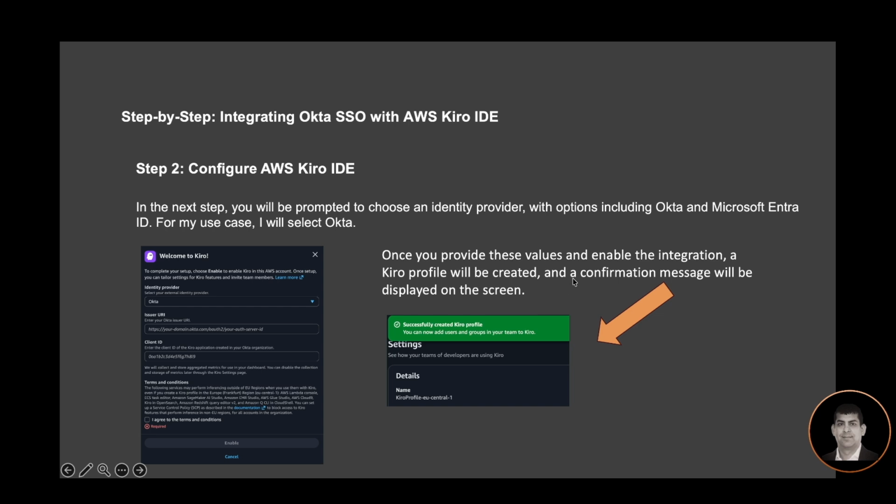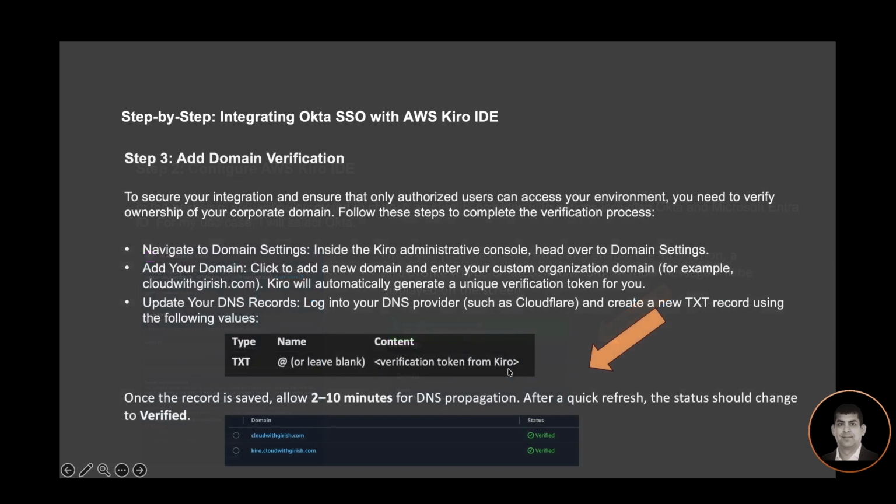So once we provide this value and enable the integration, a Kiro profile will be created and a confirmation message will be displayed on the screen. Now the next step is to add domain verification. To secure your integration and ensure that only authorized users can access your environment, you need to verify ownership